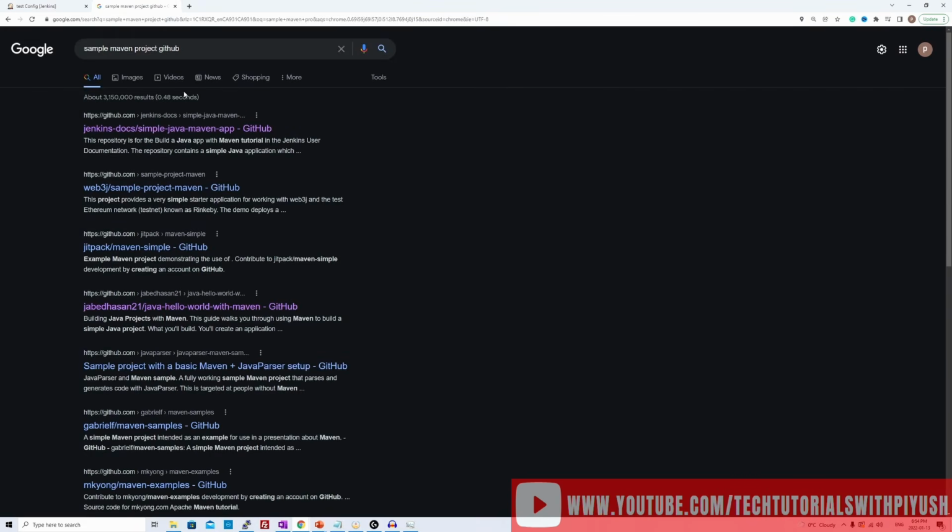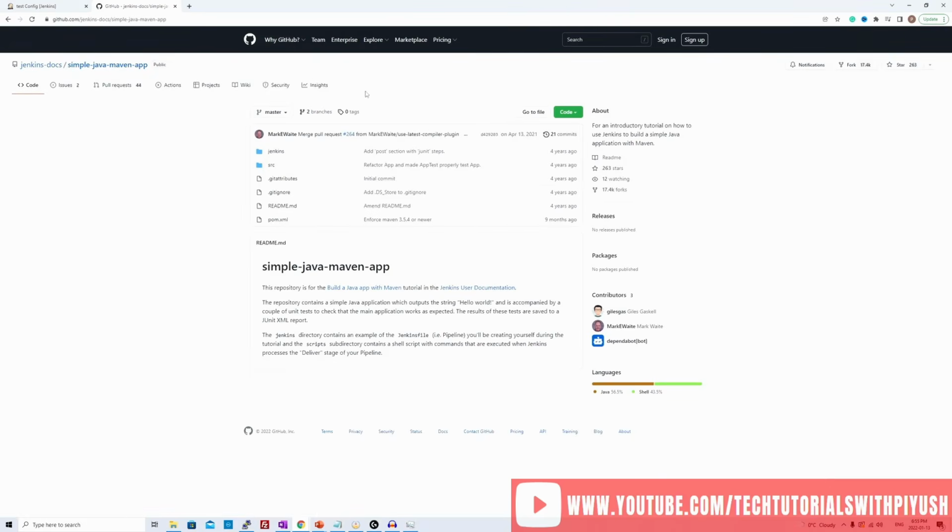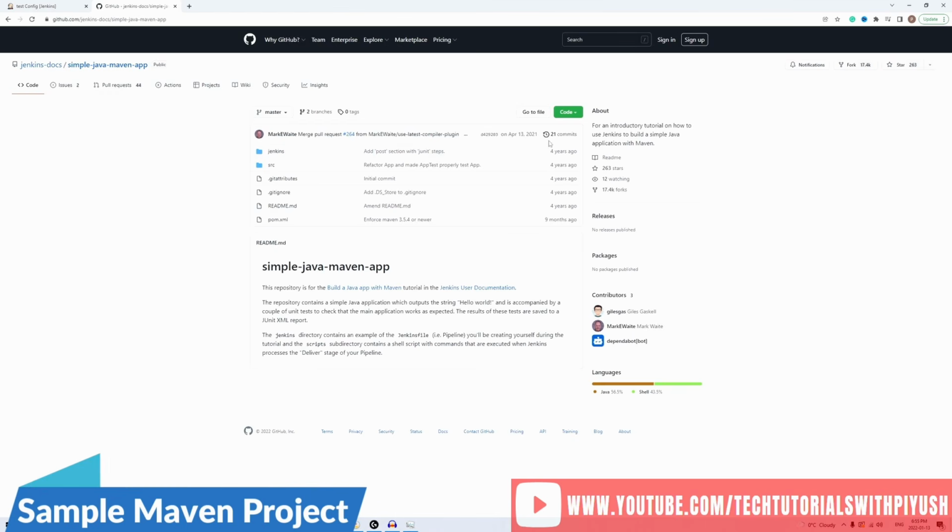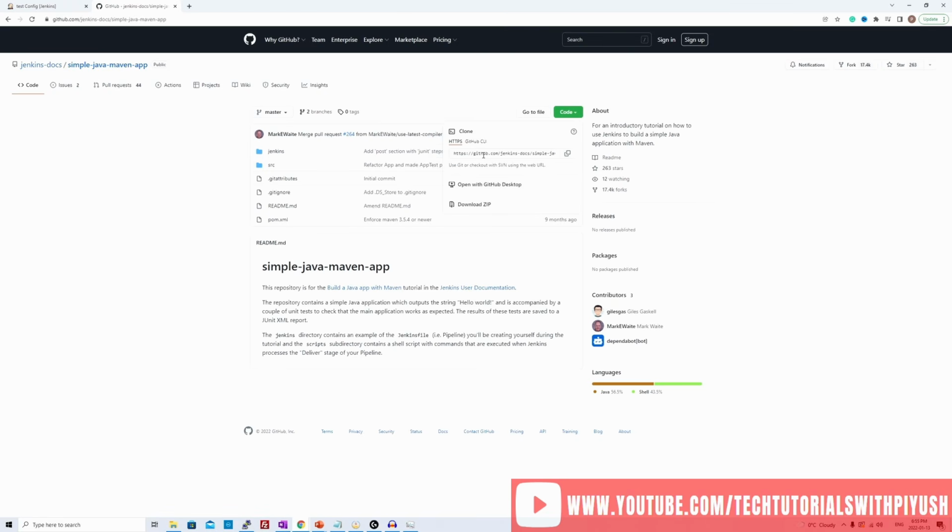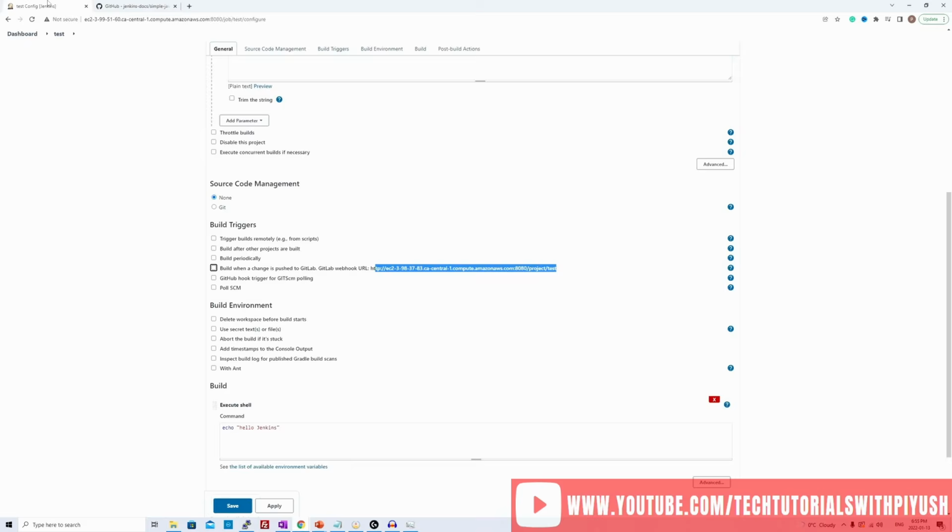Okay, and usually this is the first link that you see, github.com/jenkins/simple-java-maven. So this is the official Maven app provided by Jenkins. If we click over here, you see there are two different types of cloning URLs. One is GitHub CLI, then HTTPS. I'll copy this one, HTTPS, and I'll go back to my Jenkins page, and in the source code management section